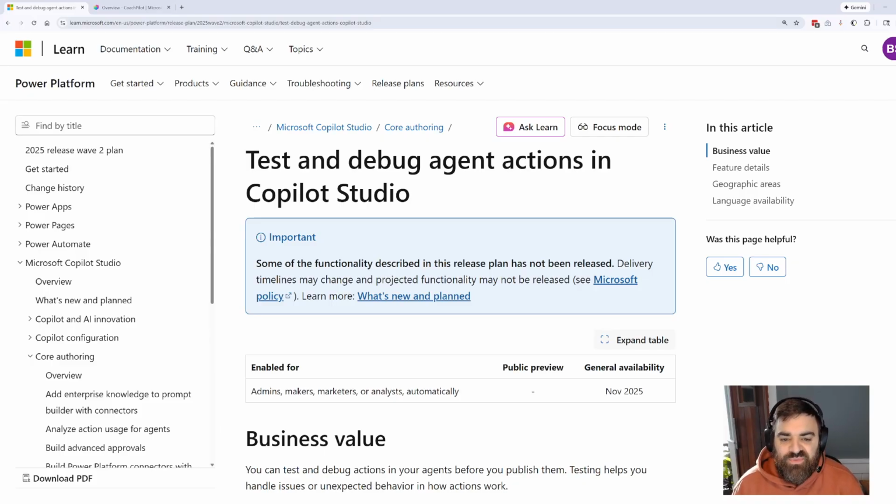This one is within Copilot Studio, and it's the ability to test and debug agent actions within Copilot Studio. And this feature was GA as of last month, November of 2025. Essentially, if you build an agent in Copilot Studio, this just gives you a way built into the platform to